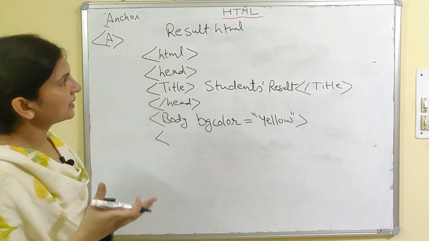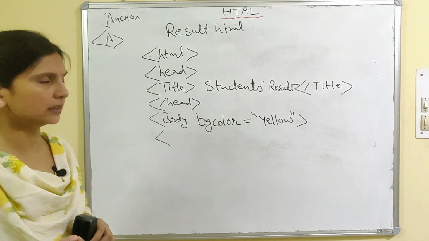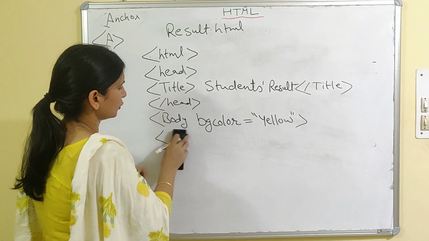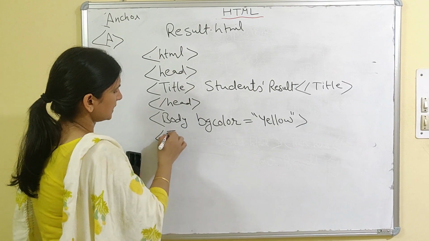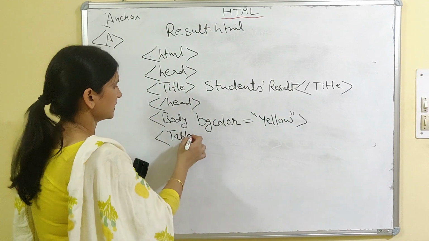Now in result, what we are going to show? We will show one small table, and as you know how to create table, we have already discussed. So let's create table fast. Small table we will create. Table